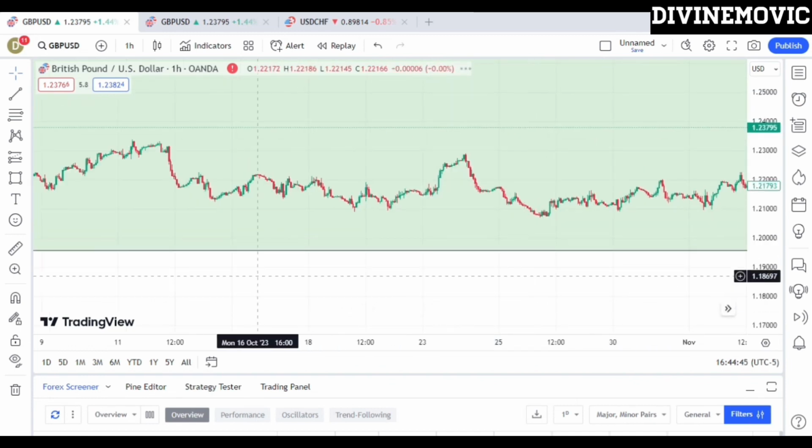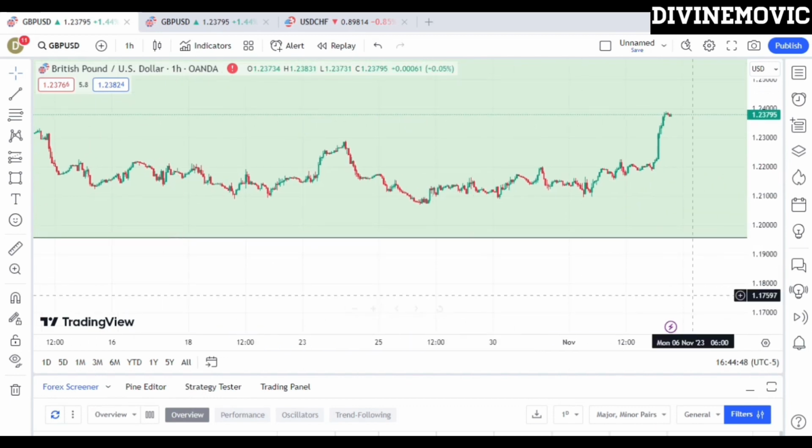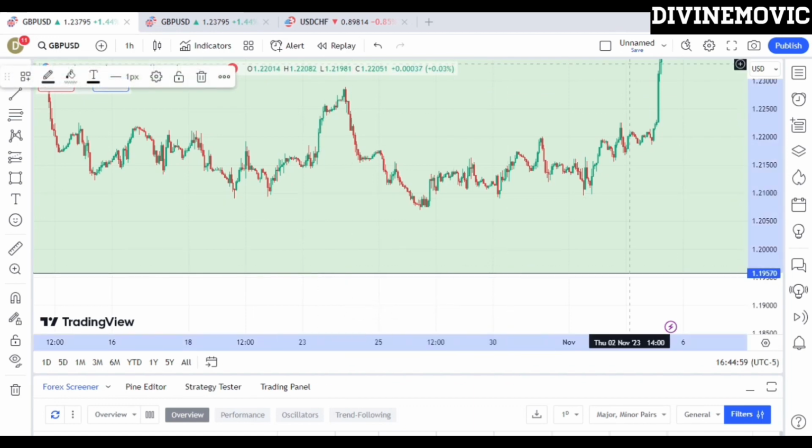Now on the 1 hour time frame, what we're going to be doing is trying to look for where we had an impulsive move and where we have a consolidation phase. So what do we do? Now with the current price action, what I can see here is that